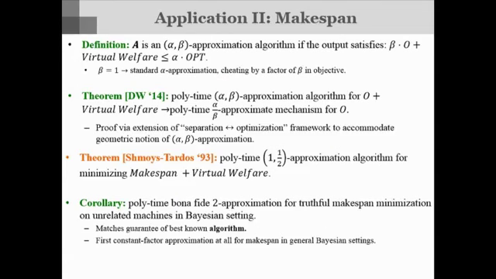Okay, so I'm going to give you one more definition, and I promise this will be the last definition of the talk. So we'll say that an algorithm is an alpha-beta approximation if the output satisfies the following inequality. And how you should interpret this is that if beta was equal to 1, this would be a normal alpha approximation. But by letting beta be something less than 1, this is letting you cheat a little bit. So it's letting you discount the objective by some factor before you compare to alpha times the optimum.